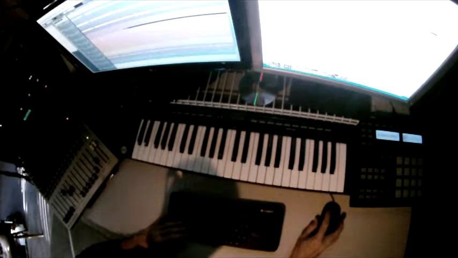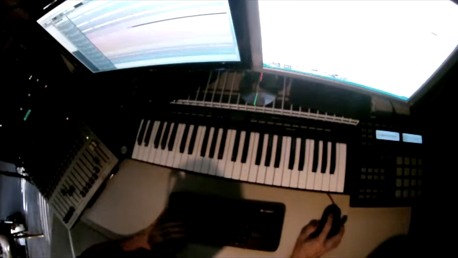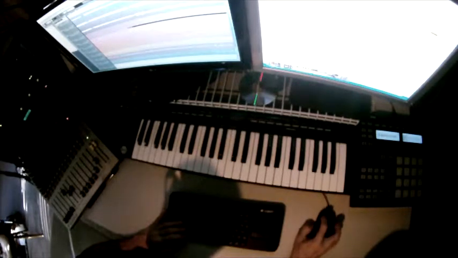So let's slice it up a little bit here and zoom in. Let's get it to repeat on the snare beats.